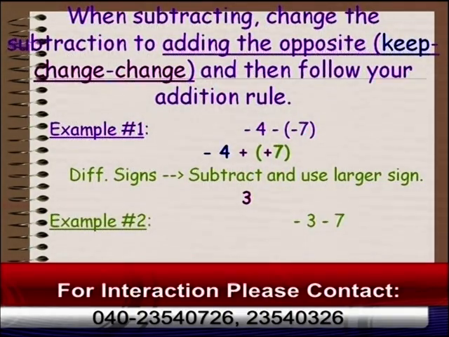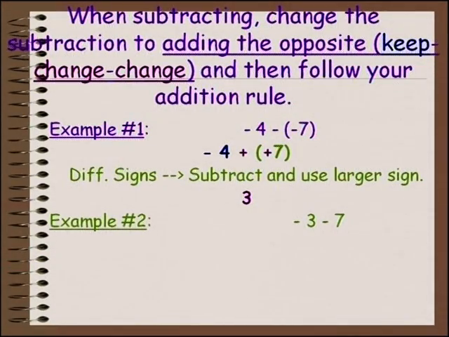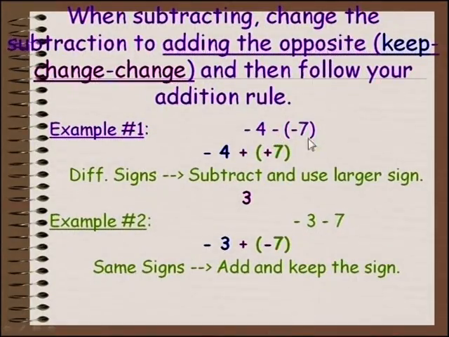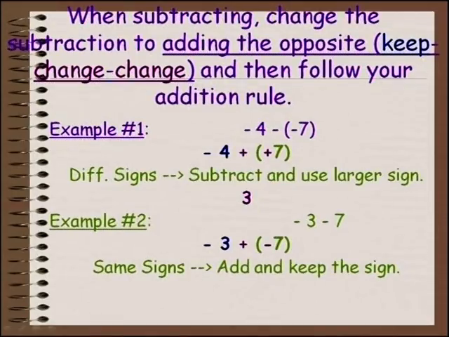Okay, I will give one more example, minus 3 minus 7. It is nothing but minus 3 plus minus 7. Same signs, so add and keep the same sign. Do you understand the difference between minus 4 minus minus 7 and minus 3 minus 7? Do you understand this difference between these two? There, minus 7 is subtracted from minus 4. Here, minus 3 and minus 7 are added. That is the difference. Children, you have to understand the basic difference,